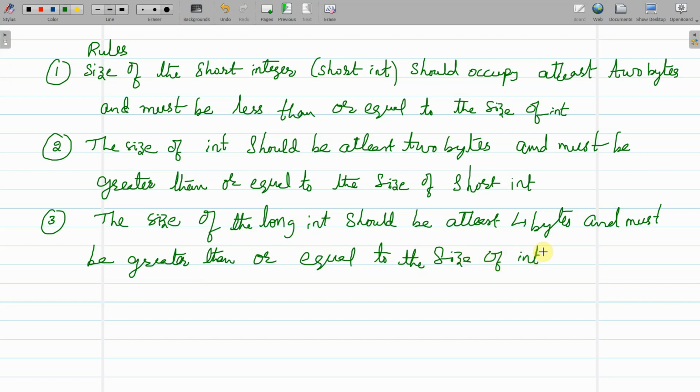So keeping these 3 points in mind, we have come to a conclusion like short int